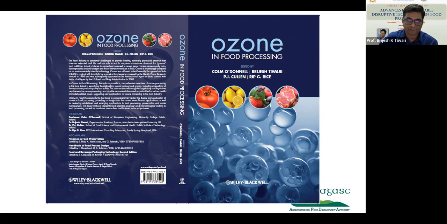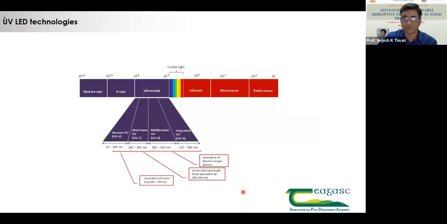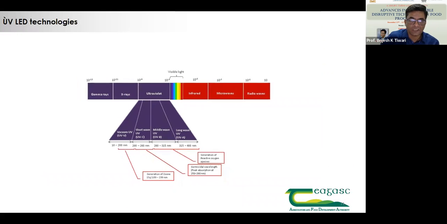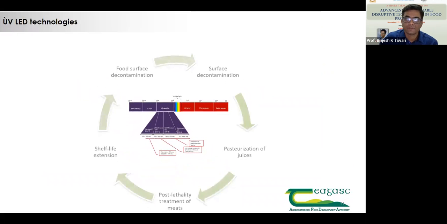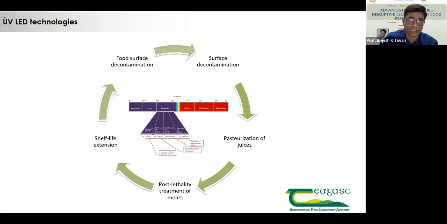So now, what is basically UV light? I'm not going to go again into the basics or fundamentals of UV light or the creation of UV light, because this is very well investigated and very well studied. When it comes to UV light, the applications are for anything with a wavelength less than 400, which will be considered as UV light. So UV light applications are for food surface decontamination,